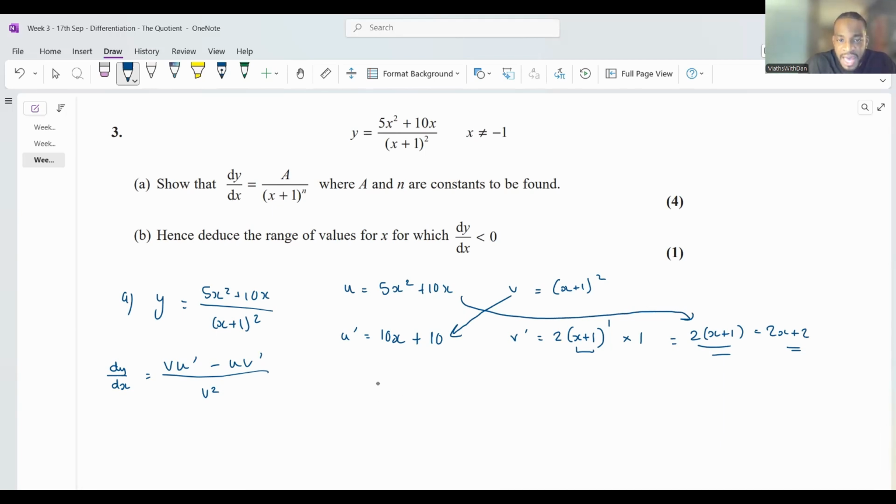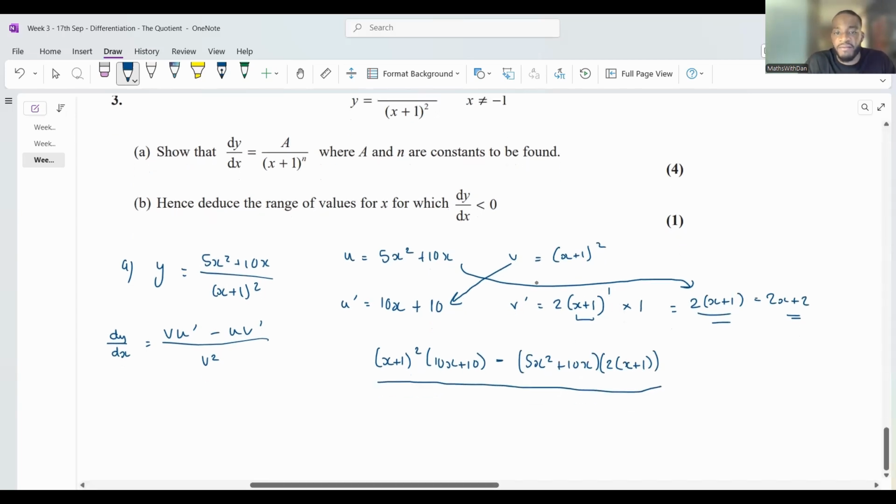So I'm going to have (x plus 1) all squared times by (10x plus 10), like that, and then take away u v dash, which is going to be 5x squared plus 10x times, which one should I use? You know what? Just because simplifying is important with these types of questions, I'm going to use 2 bracket x plus 1, and then all over